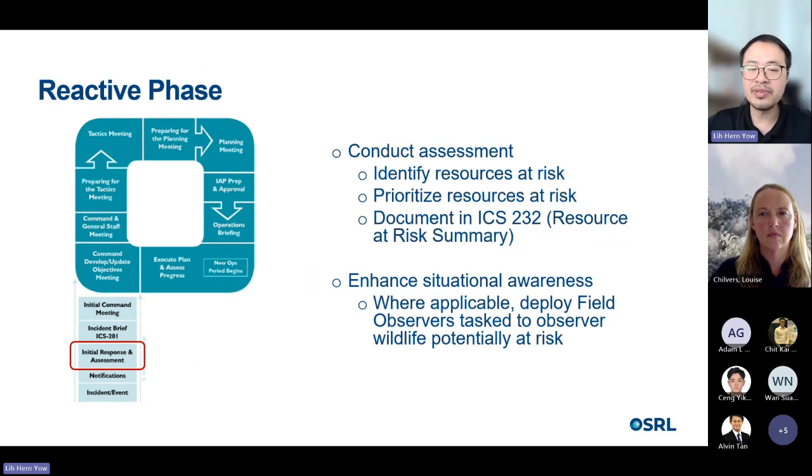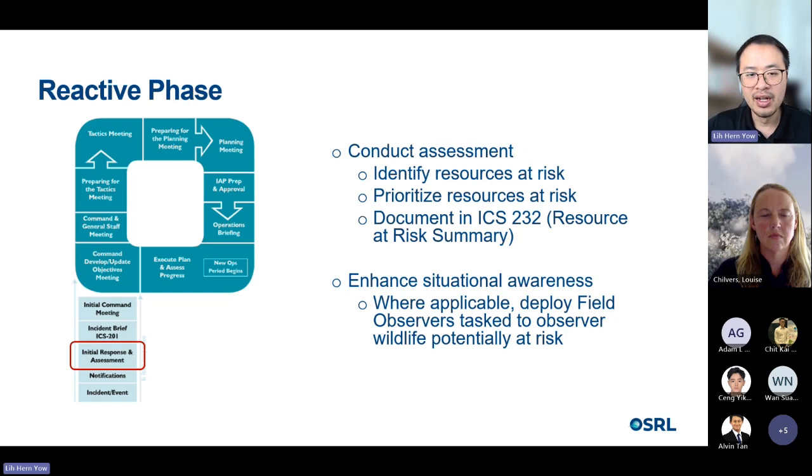So when it comes to the reactive phase, in terms of what can help to conduct assessment, if we still recall, under the initial reactive phase there are a few forms that we can make use of. We have the 201 form, and of course, the next one will be the 232 resource at risk summary. This resource at risk summary is the one that helps to list out the resources, and these resources at risk should include any wildlife